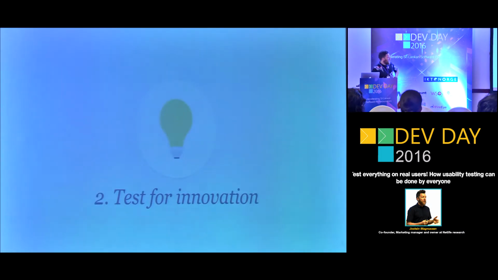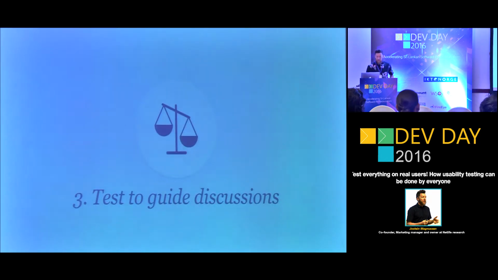some incidents. You could also test for innovation. If you're building a new product that people are not used to, you could test it on users to understand more about what they think, and if there are features they want, etc. And you could also test to guide discussions or to stop discussions. In every project we have, there are always discussions about whether some kind of navigation works or not, and then we test it on users to understand, is this really a problem,